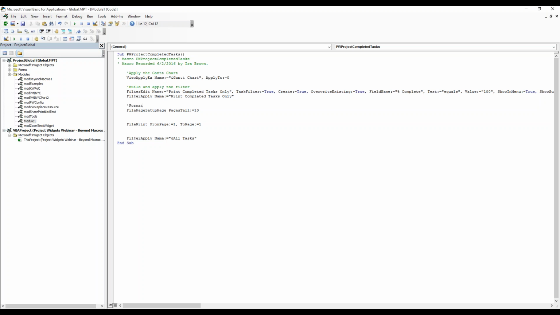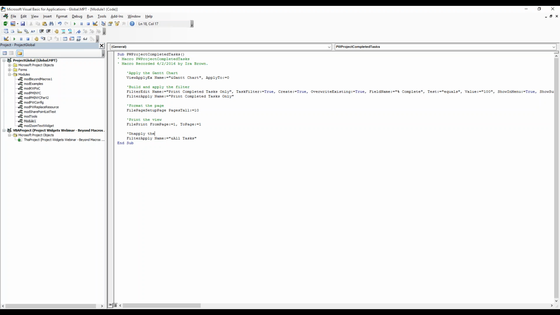So I'll just say format the page, and then this is where we actually did the print the view. All right, and once it's finished printing, notice it also says from page to page, right? So it captured that as well. And then finally, it's unapply